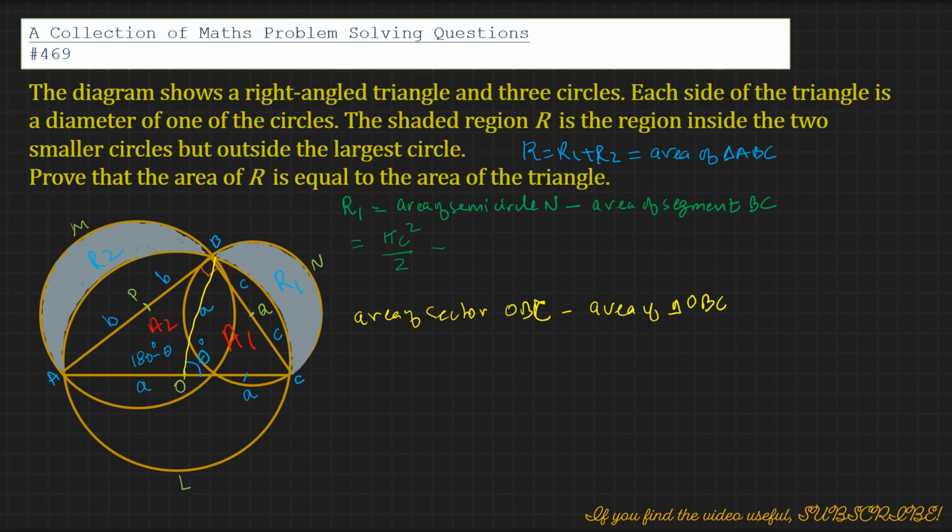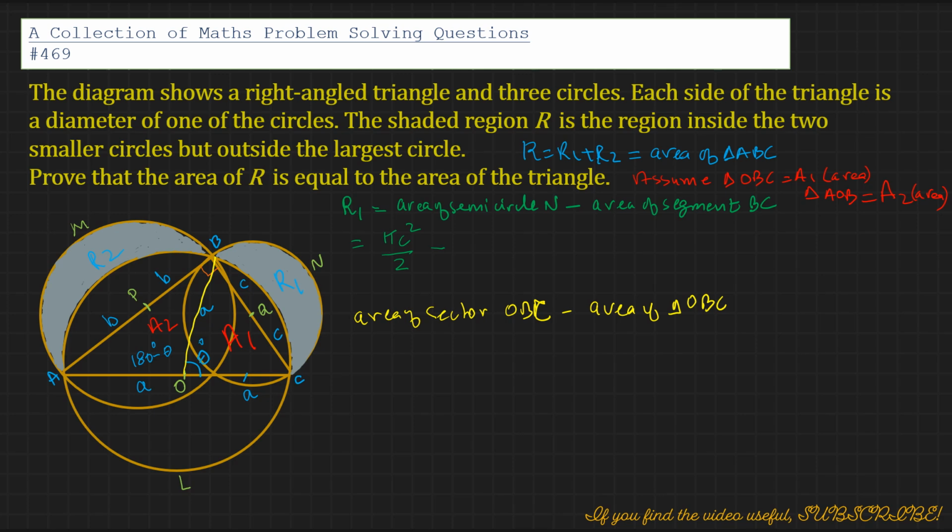So assume triangle OBC equals A1 area, and triangle AOB equals A2 area. So the area of triangle AOB is A2 and OBC is A1. So then we can